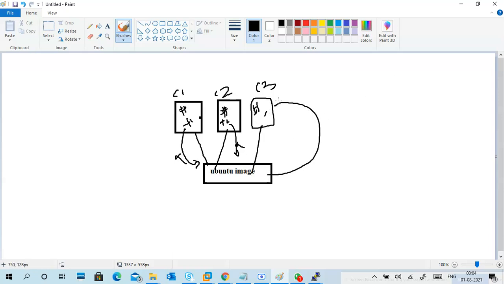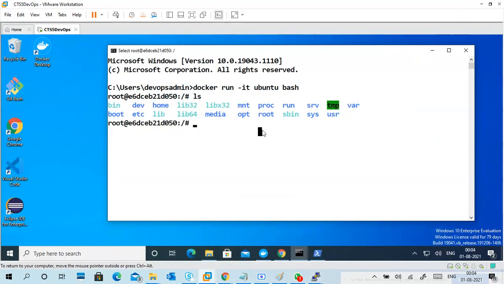The data in the image will show here, but the data in the container won't go to the image. To put it more clearly: the data in the image we can see in the container, and new data you create in the container won't affect your image.